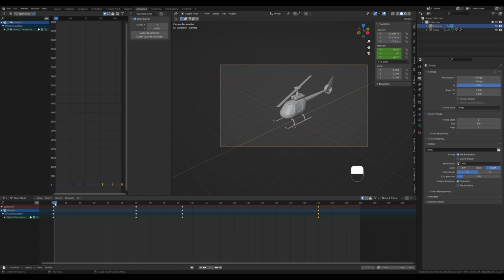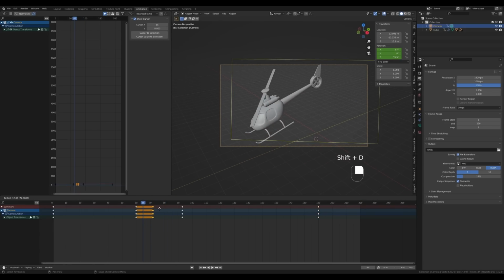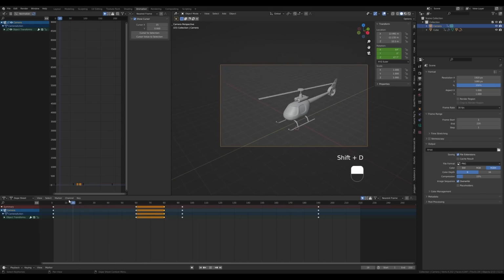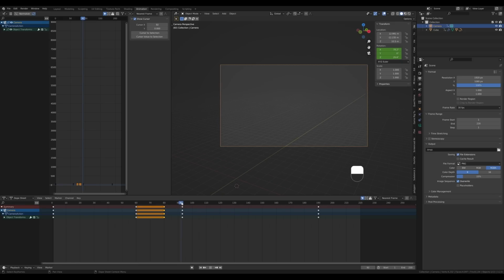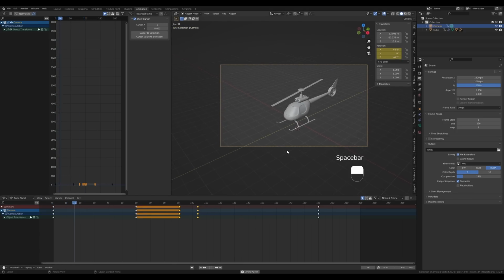So this is not exactly finished product, and we'll need to do one more adjustment, because right here we'll need the camera to wait a little bit until it refocuses. So let's duplicate these sets of frames as well. And here you can see we are turning before the helicopter appears, so we need to move this like that. Okay, this is looking quite fine.